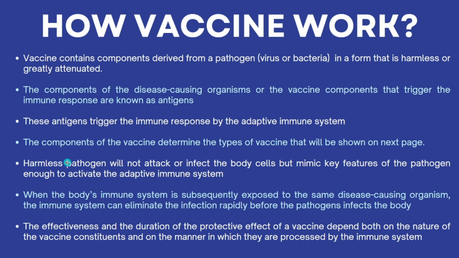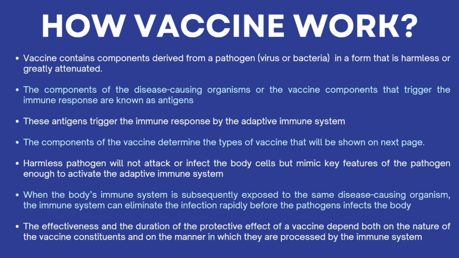This is very important. Harmless pathogen will not attack your cell, but mimic the key features of the pathogen so that it can activate the adaptive immune response. So what I mean is that it just stays in the blood only, or in the organ anywhere, but it will not infect your cell. But it still mimics the key features of the pathogen, like the antigen on the surface, the glycoprotein on the surface of the virus, so that your immune cells, macrophage and helper T cell, still can recognize this as non-self, and then once they recognize it,